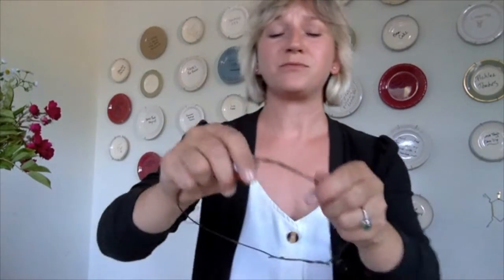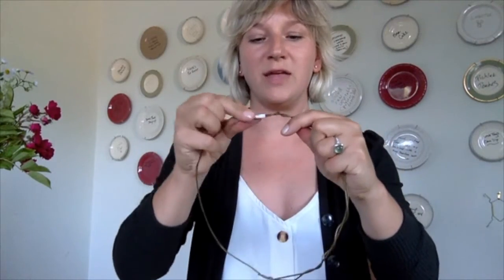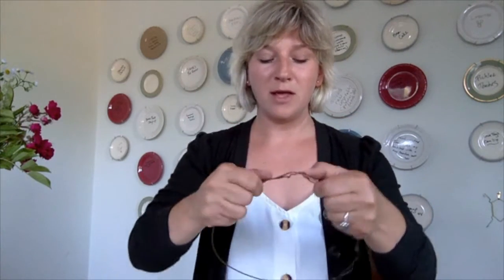But this other one, I got the size right just by measuring it on my head and making sure that it would fit right here around the crown of my head and not fall down. And so then once I have it to the right size, I recommend putting a little bit of that tape on the edge to keep that metal from poking into you when you wear the flower crown. So you can spend a little time manipulating this to get it to the right size and a nice round shape and secure the ends. And then the next step is to start